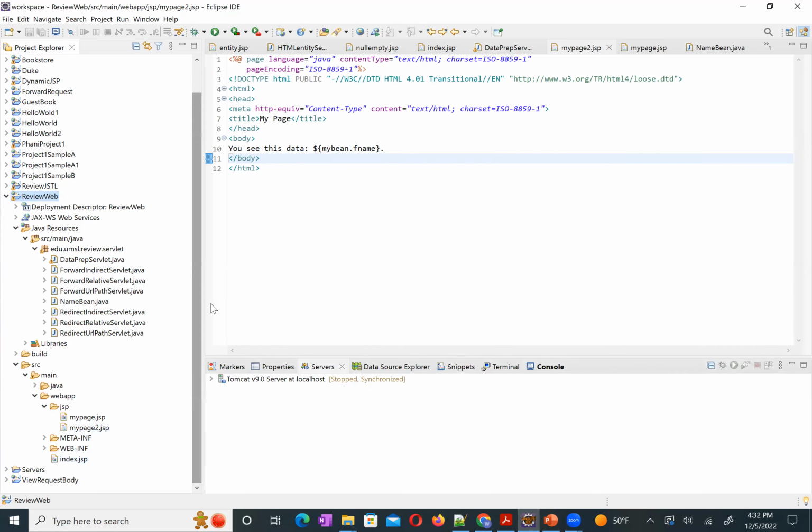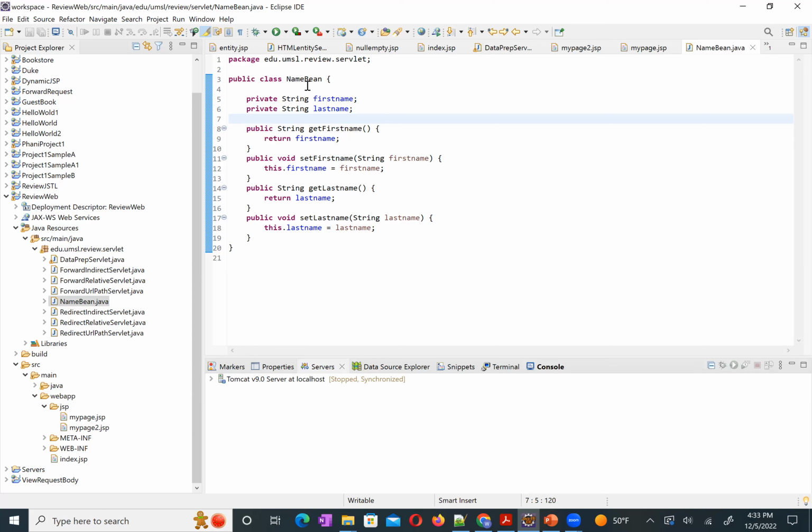So I create a data prep servlet because I need to create a Java Bean and store data in a servlet. My Java Bean is very simple. I call it NameBean: first name, last name, with setters and getters. Then in my data prep servlet,